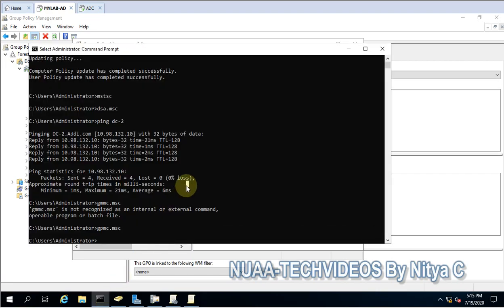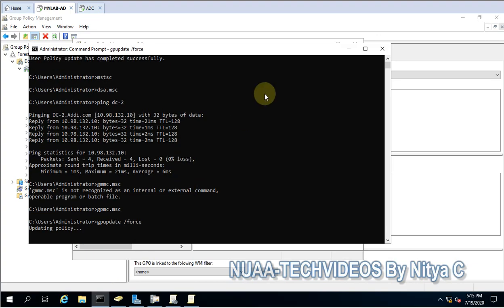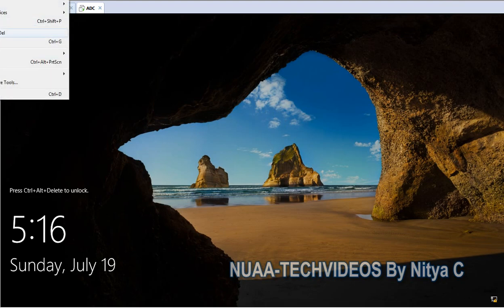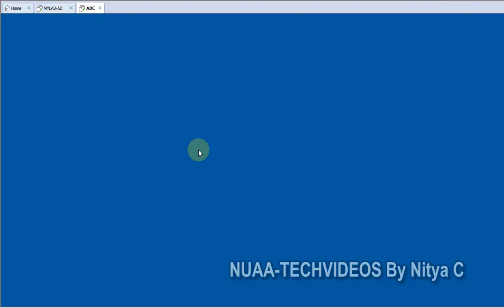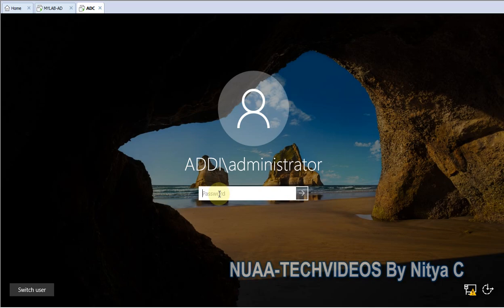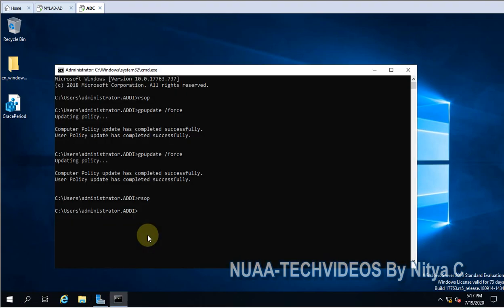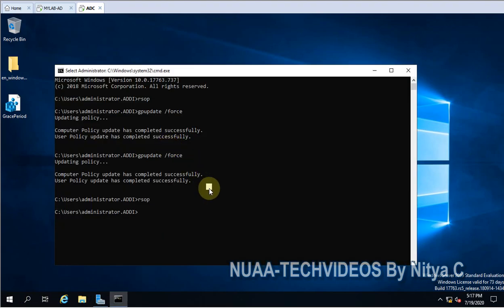and now we will update the group policy to check how many computers. So let me log into another computer to test whether certificates are getting issued or not. So this is also one of the domain controllers, and let's see the certificates from the recently created template, whether those are issued for auto enrollment or not.